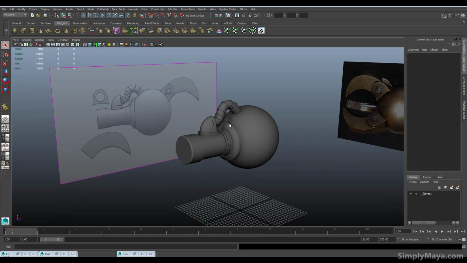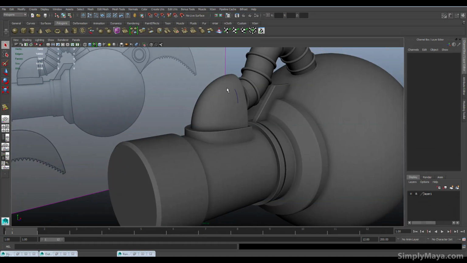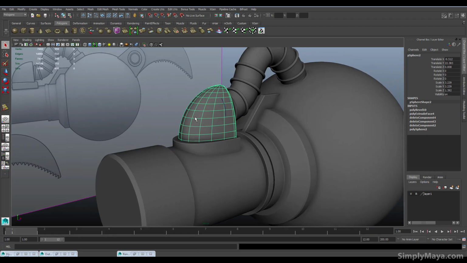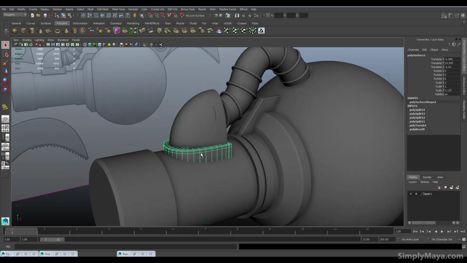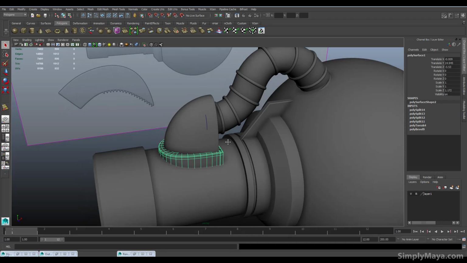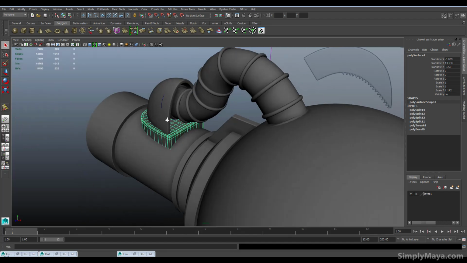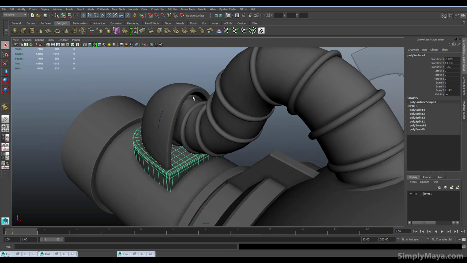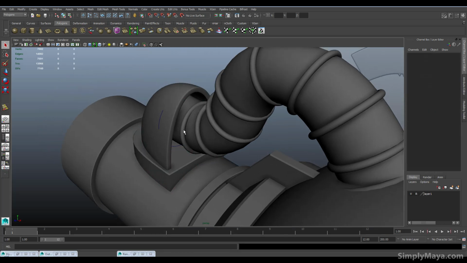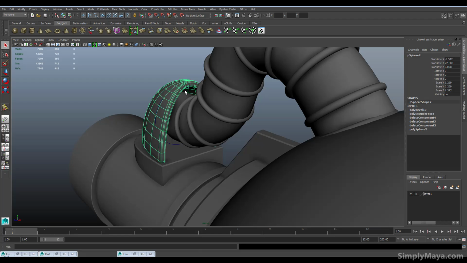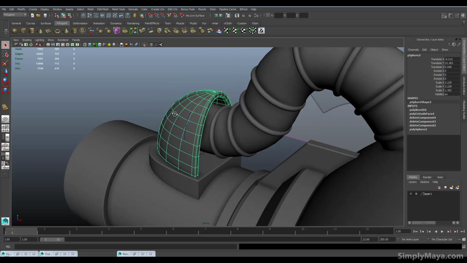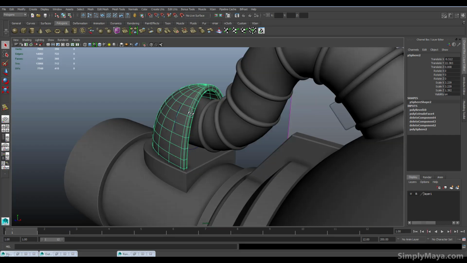Okay, welcome back. So in the last part we took a look at creating this cowling here, and we also took a look at doing some repurposing of some smooth geometry. Now in this part I just want to finish both of these pieces off, and one of the things I noticed is we got one of those back there that we don't need, but also that this should really encompass the pipe. Now what I'd need is to select these inside faces and extrude them inwards,